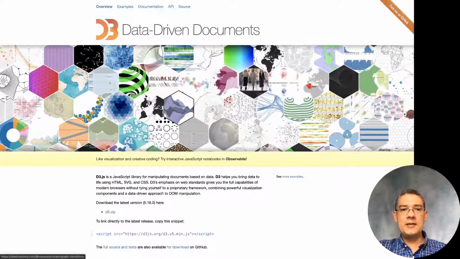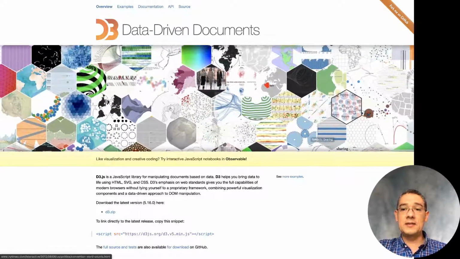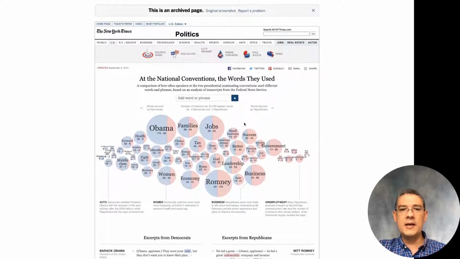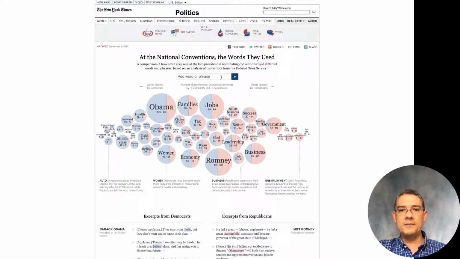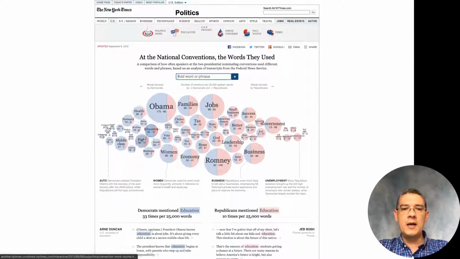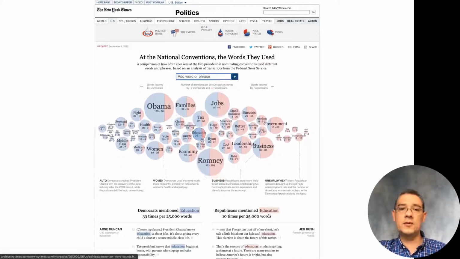But you can see many of the great examples that Mike Bostock did, especially for instance when he was working at the New York Times. Here is one that he did over there, and as you can see here, let's see if we can see that. So you can actually filter in here different elements, like all of the different animations, and all of these effects happen just because you're using D3.